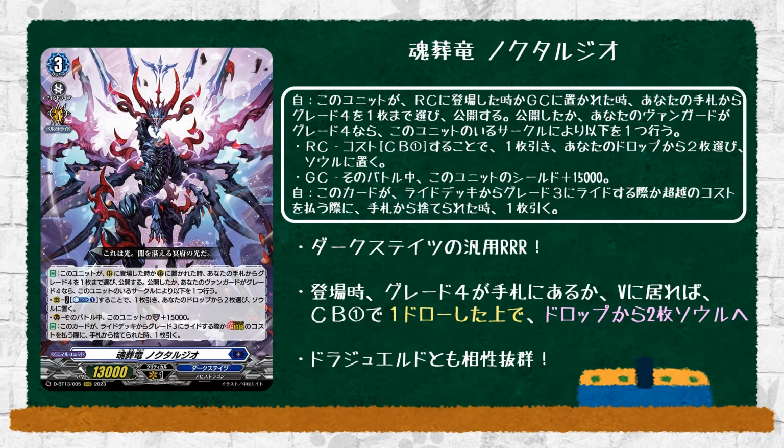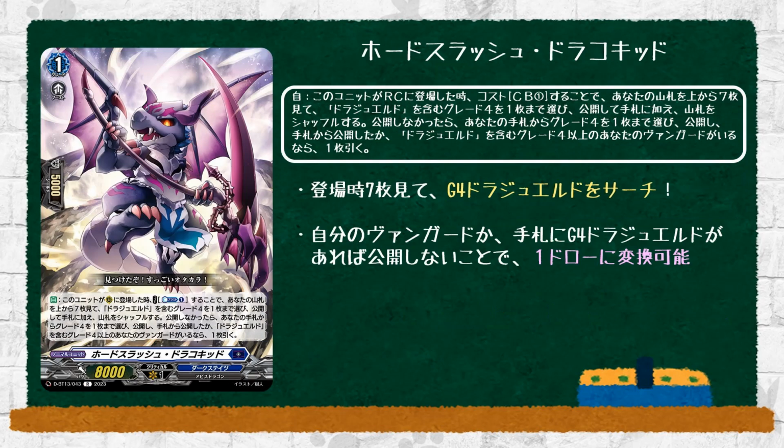Once again, it's another one of those running your own leisure, but since you just got a new Drajeweled that is grade 4, and you get to choose what cards to put from the drop zone to Soul, this might actually be useful for the deck. Just a thought here. And now to the actual Drajeweled stuff, we started with Hunt Slush Drajeweled, which is a